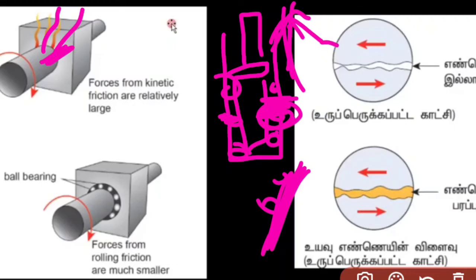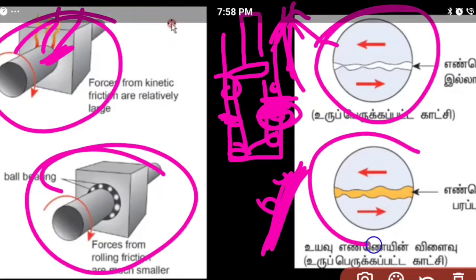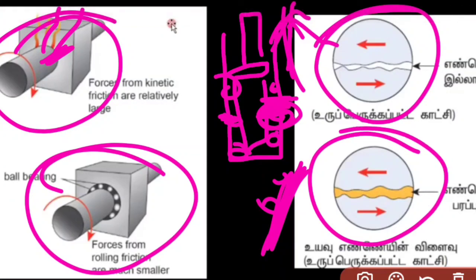So friction is not always advantageous. Sometimes we need friction. When we walk, we need friction. While walking we definitely need friction, otherwise we will slip down. If you are walking on a watery surface, we need friction, otherwise we will slip down. So in that condition we need friction. But in situations like these, if the friction is high, it is definitely not good for us.